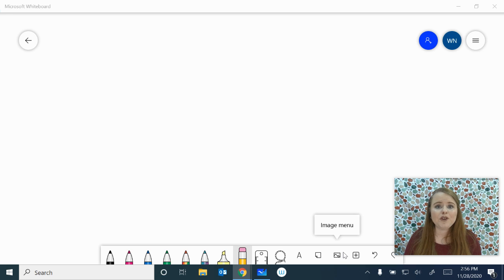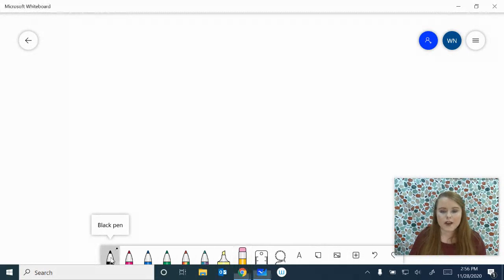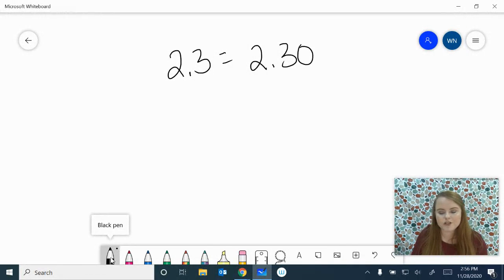Let's spend just a minute reviewing an incredibly important concept of decimals. When you add a 0 to the end of a decimal, it does not change the answer or the number, the value. That's the word I was looking for. So let's say I've got 2 3/10. That's the same as saying 2 30/100. That's the same as saying 2